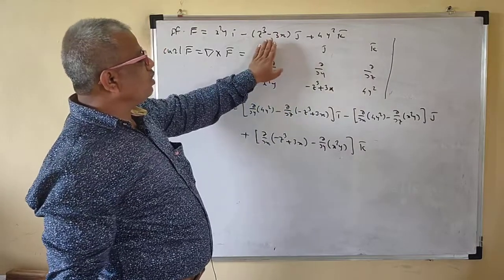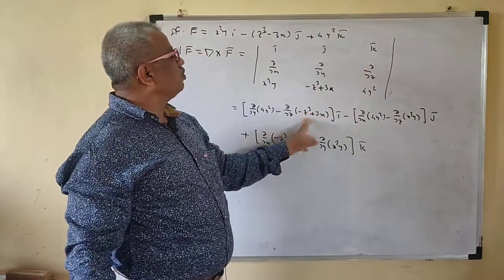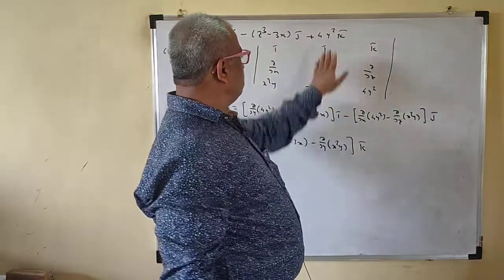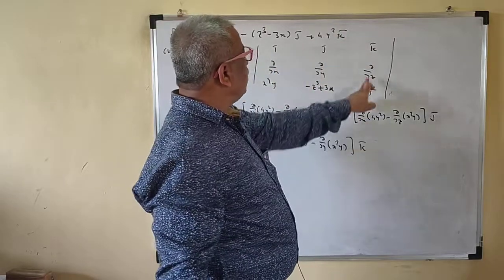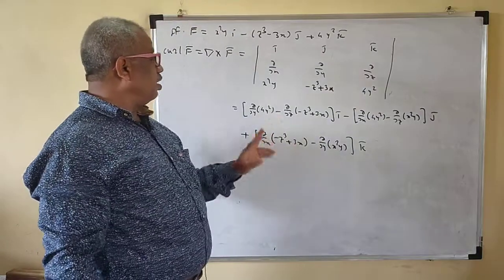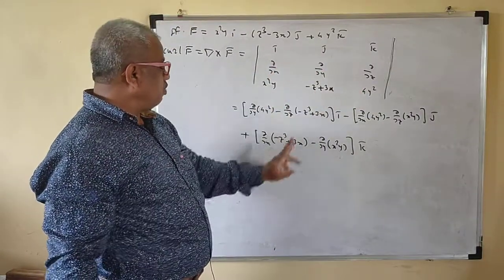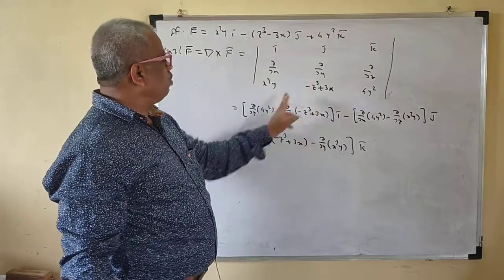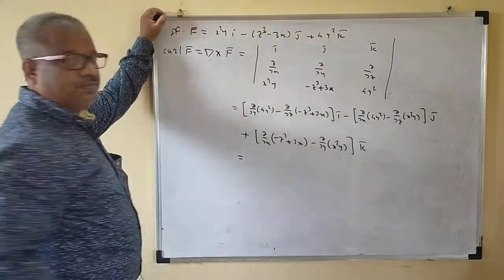Okay, so we'll check once again whether we have taken the correct ones. I have dropped this one, so ∂/∂y of 4y² minus ∂/∂z of this. This is correct. Then the minus, so you are dropping the second column: ∂/∂x of 4y², ∂/∂z of this one. This is correct. Then plus, you are dropping this, so ∂/∂x of this component minus ∂/∂y of this one. This is correct. We will take the partial derivatives now.